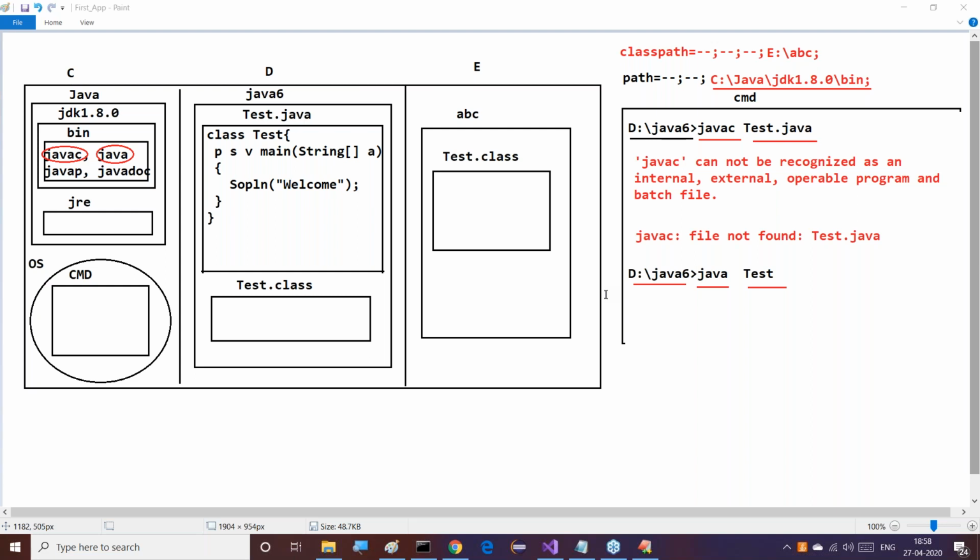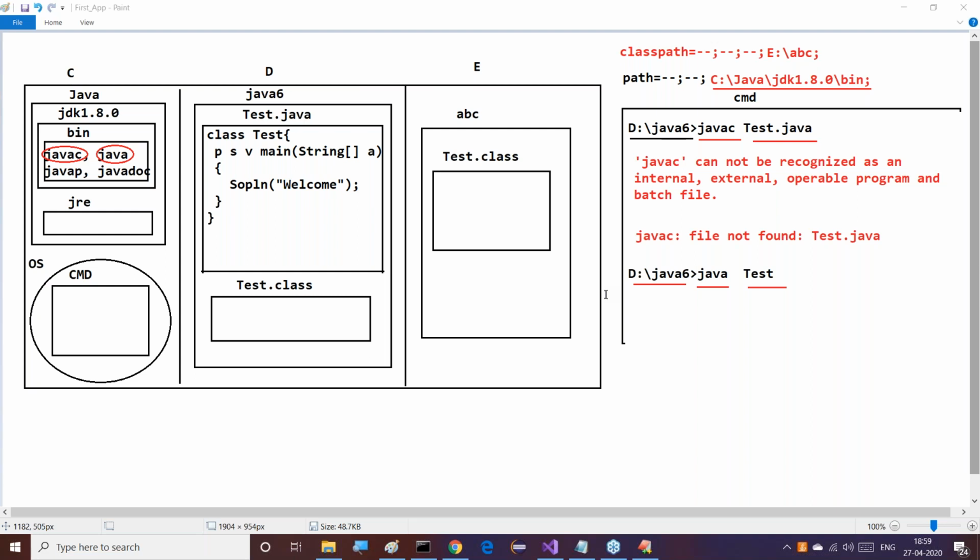But in Java 7 and above versions, we get Error: main method not found in the class test, please define the main method as public static void main(String[] args). Okay, good.